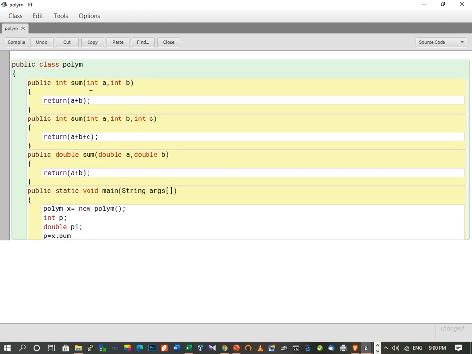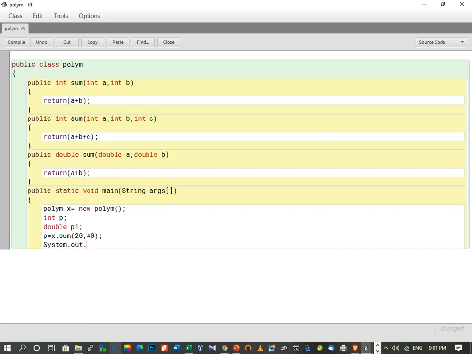This first method will be called according to the parameters or arguments which we pass inside the call. So here we write the values. Suppose for this function we provide 20 comma 40, two integer values.